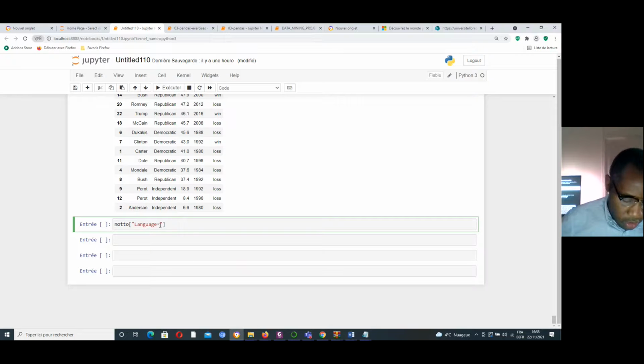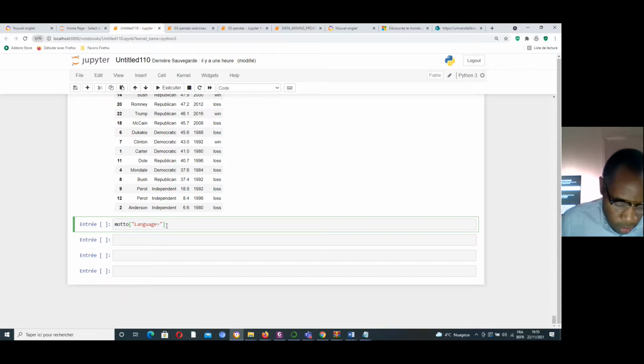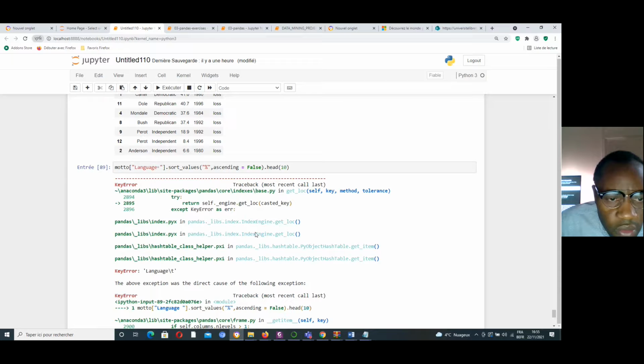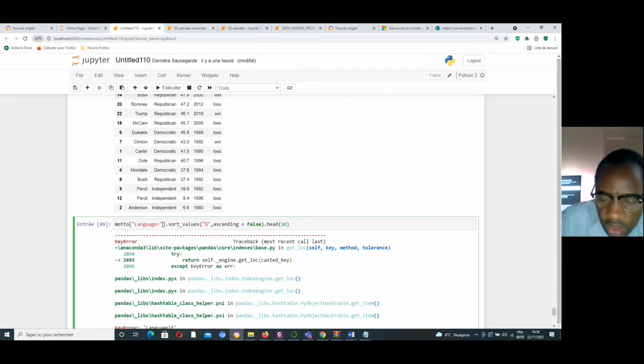I copy all this, put it here, and print the first 10 lines. What is the error again?